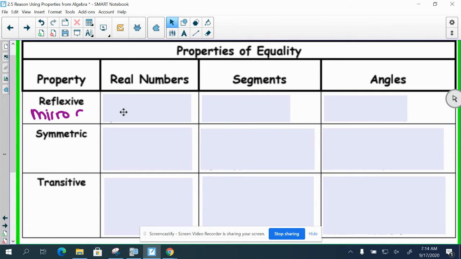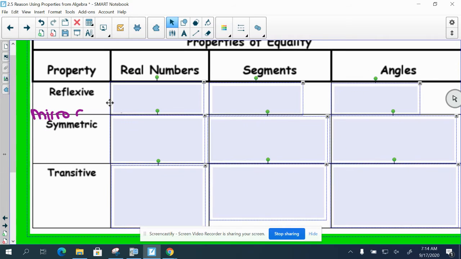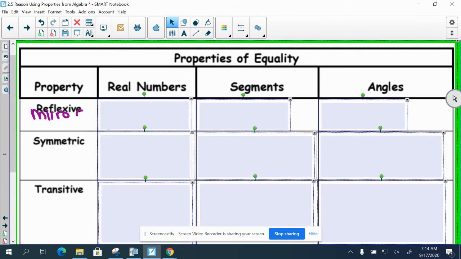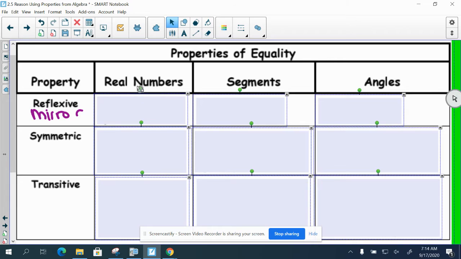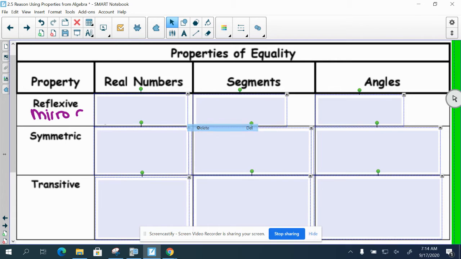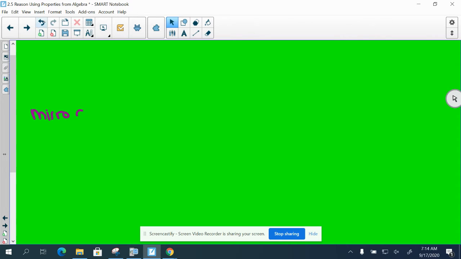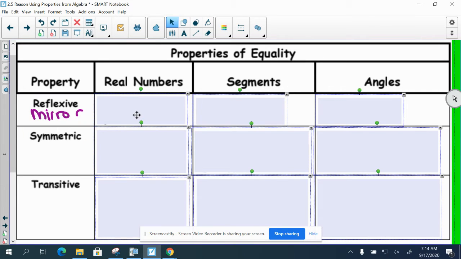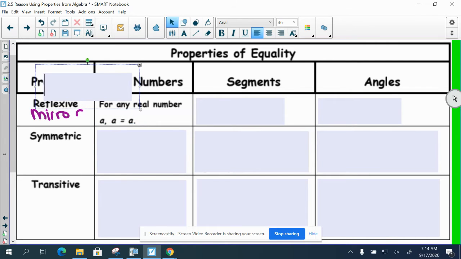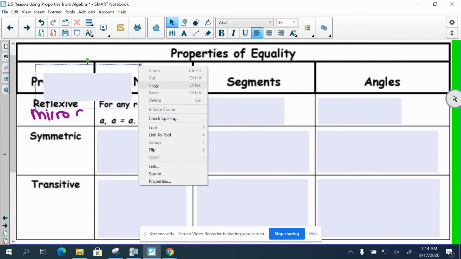I think there's a way I can move these boxes, maybe. Delete. Oh, nope. Okay. There we go. So I just want to delete this box here, not everything. It looks like I can't delete it, so I'll just